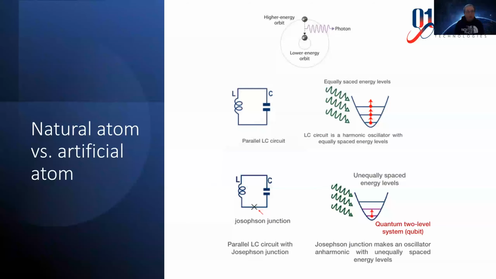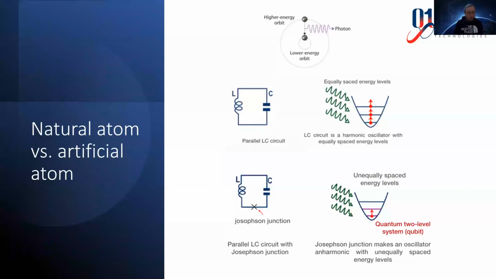So an atom can be modeled as an anharmonic oscillator. In an anharmonic oscillator, we have non-equidistant energy levels, as shown in this slide. Being anharmonic is also related to nonlinearity in the system, and is essential for making a qubit where we can isolate the first 2 energy levels with a unique transition frequency. These 2 energy levels correspond to the 0 and 1 states. If we can make a system which mimics an anharmonic oscillator with non-equidistant energy levels, then we can say that we have made an atom artificially.